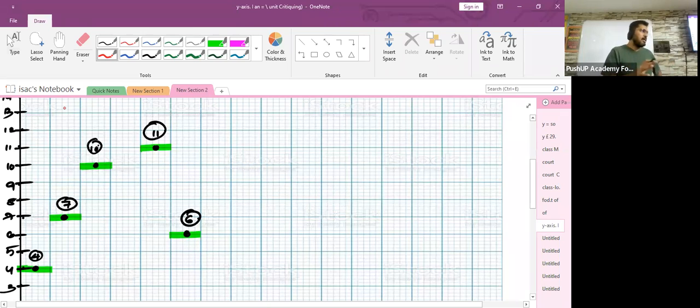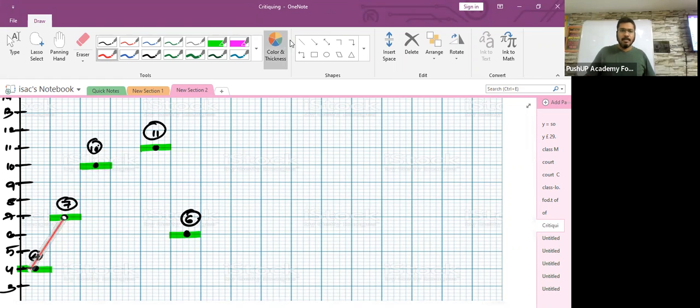That means connect from 4 to 7. It's not perfect. Still, you can understand, no? First, you connect 4 to 7. Okay. Then you connect 7 to